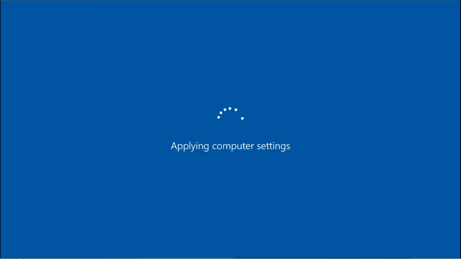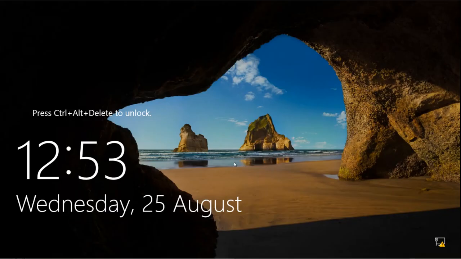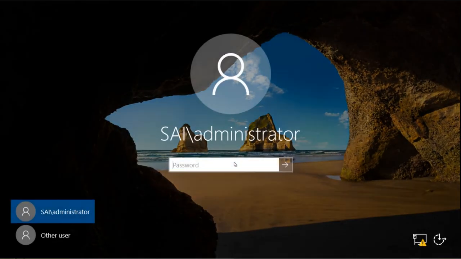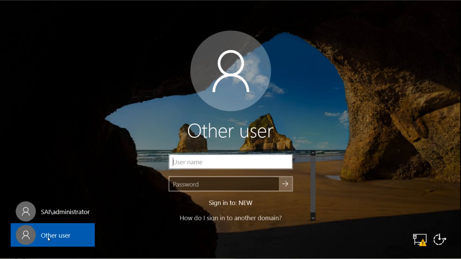It is now rebooting, and after reboot we will get the child domain. Okay, it has now started. Now I will try to log in. It is showing me that this user is already there, sai.com. When I select other user, it says here the new domain is new.